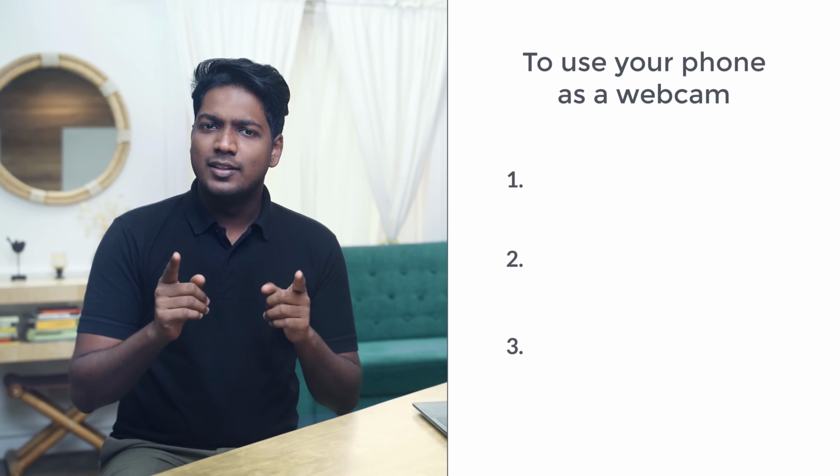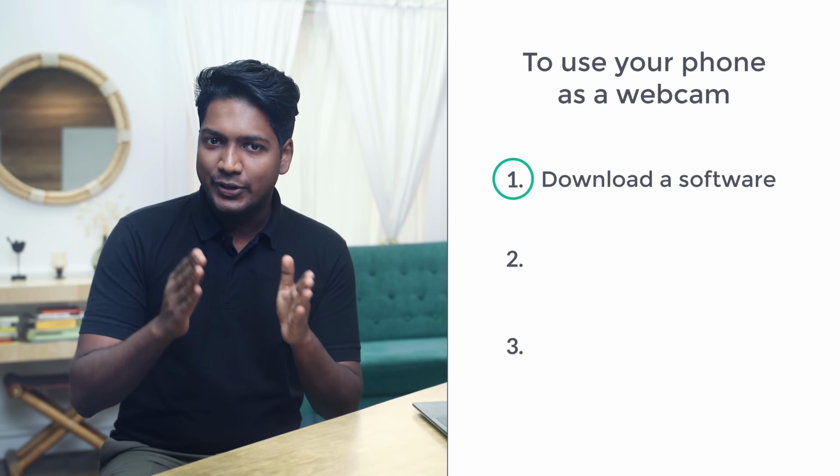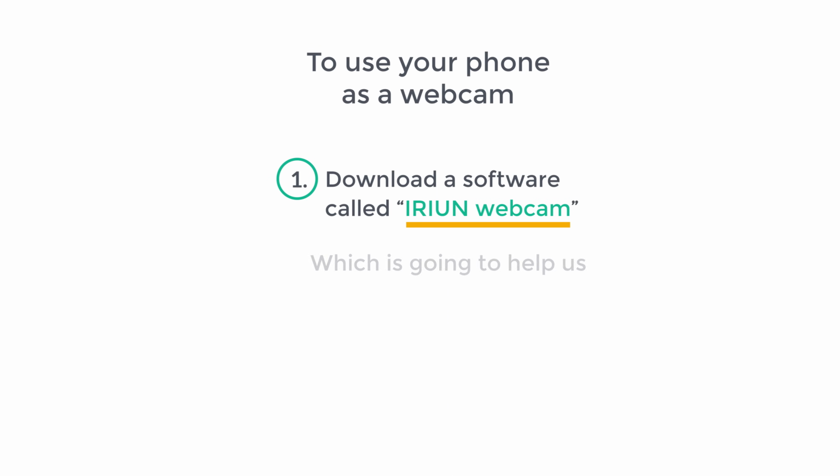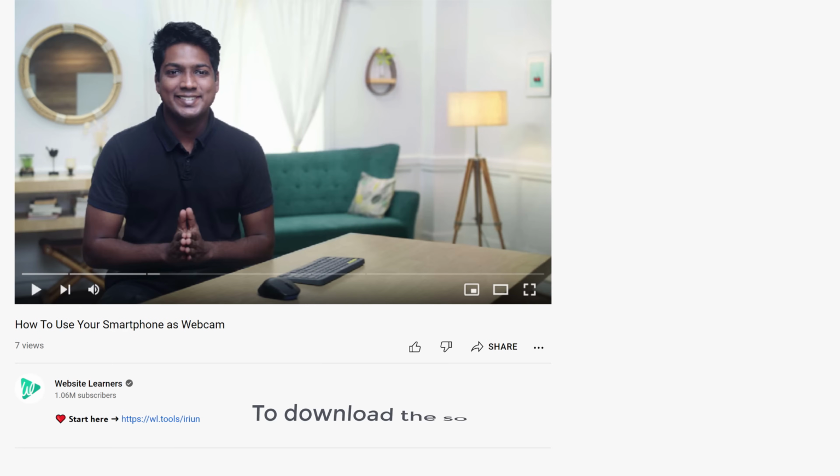Now to use your phone as a webcam, we are going to do 3 steps. The first step is to download a software on your computer called Iriun Webcam. This is the software which is going to help us use our phone as a webcam. So to download the software, just click the link below this video